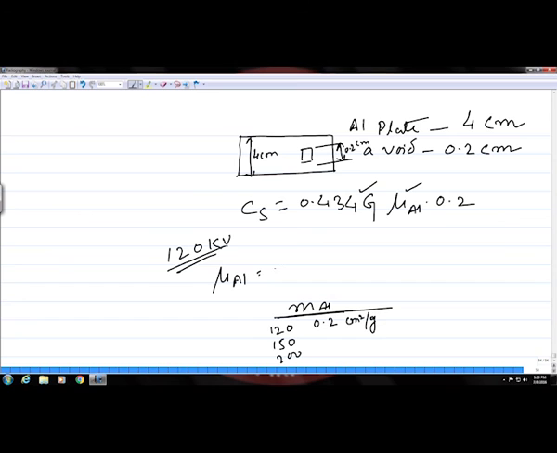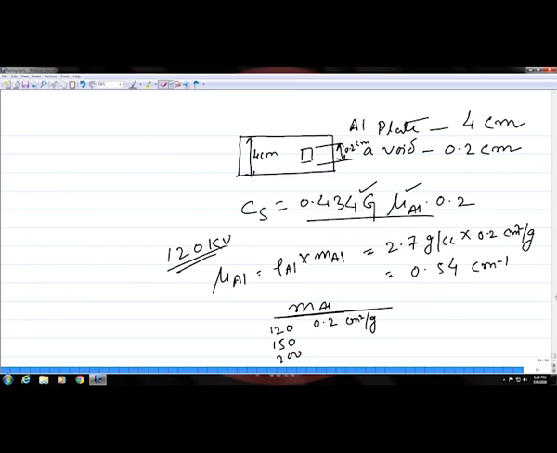So, mu IL you know will be this. For aluminum the density is 2.7 gram per cc into 0.2 centimeter square per gram. This will give you something around 0.54 centimeter inverse. And now, if you put this value over here,